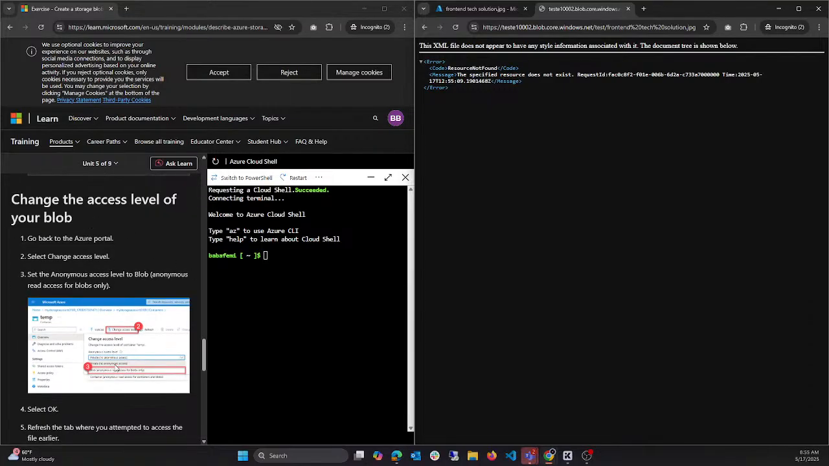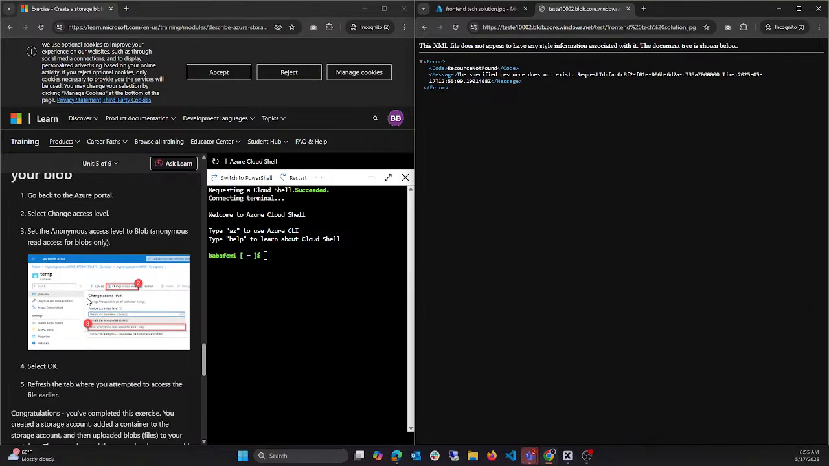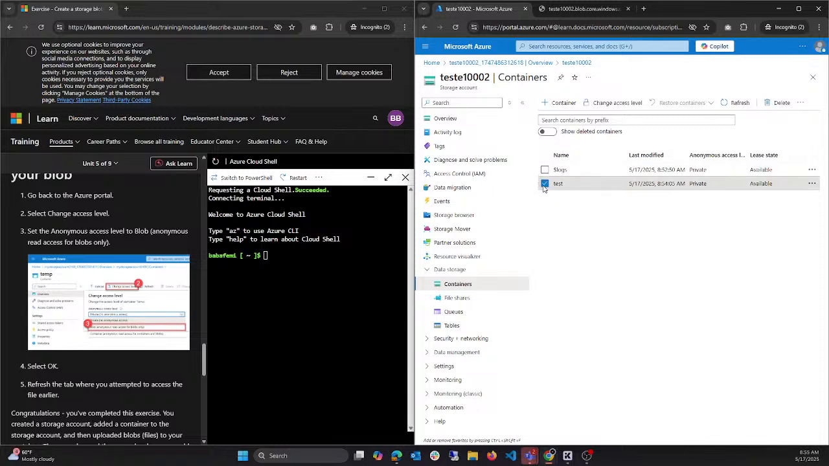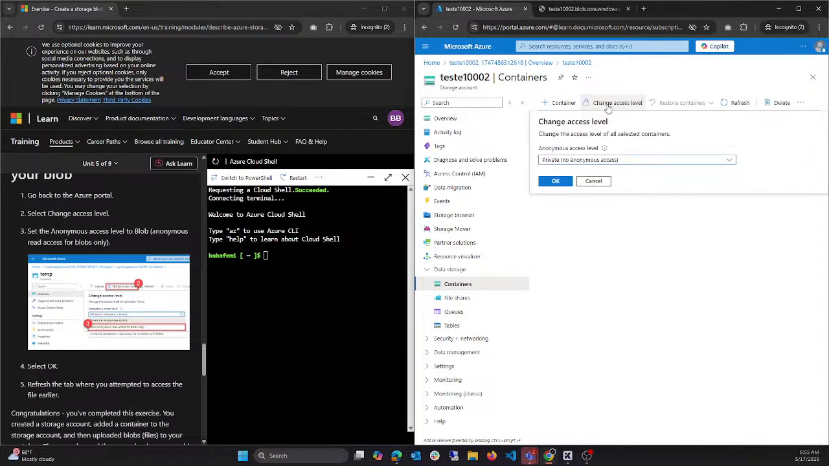So I need to change that permission. And how do I change the blob permission? All I need to do is go to the blob and change the access level from private anonymous to read access for blob only. So I just have to go back here. Then I go to the blob that has been created, change access level. Then from private non-anonymous, I can change it to blob,